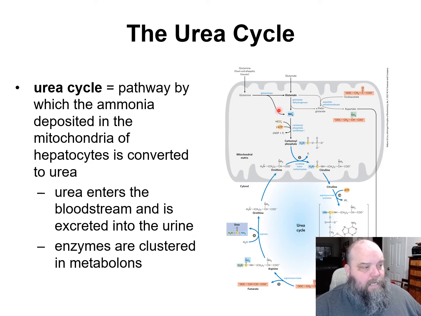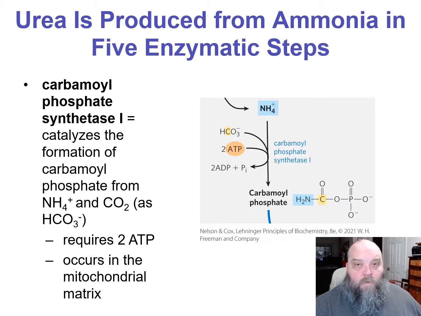So what we're going to be looking at in this section are these steps right here in this urea cycle. How to get it out of the mitochondria, and then how to go through and remove those amino groups and make the urea that will then be transported by the blood and out of the body. So, first thing,